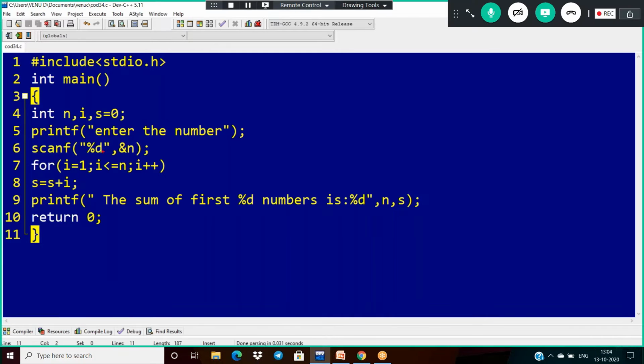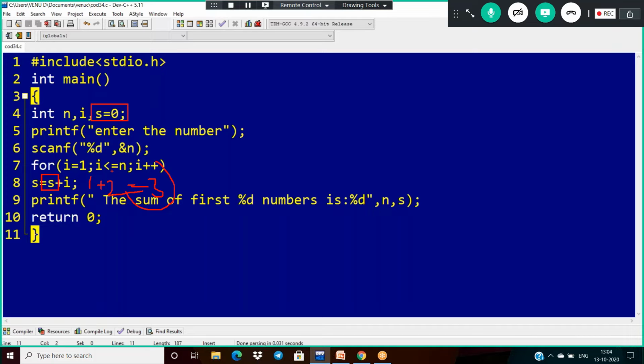It is similar to the previous one, but I am taking s as 0 here. First i value is 1. If n is equal to 5, 1 is less than or equal to 5, so 0 plus 1 is 1. Next i will be 2, 2 is less than or equal to 5, then 1 plus 2 is 3.